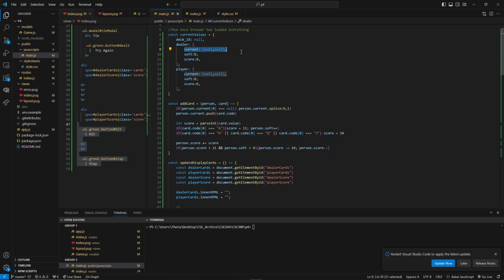with 3 fields each, one for the current cards that we have. We start off with null, more on that later. A score of 0, and then a soft of 0. Soft basically represents how many soft aces we have. There's an edge case in blackjack where the value can be either 1 or 11 based on what your current score is. And of course, that was explained in last recitation, so you can just watch the recording for that